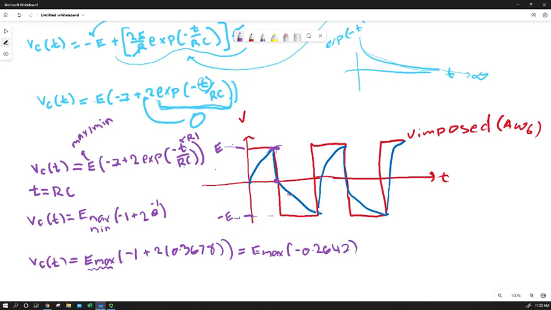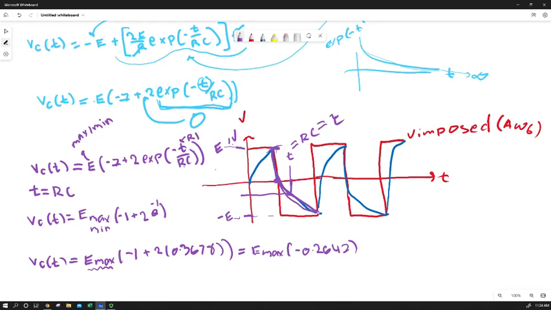So we're going to end up with something down here. If E max was 1, like this was 1 volt, we would end up somewhere around -1/4 volt. So this would correspond to t equals R times C equals tau. That would correspond to the time constant. So all we would have to do if we wanted to measure empirically the time constant, say we didn't know what R or C was, all we'd have to do is find the point on this curve,